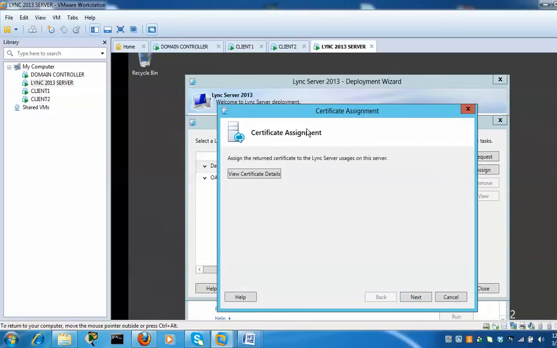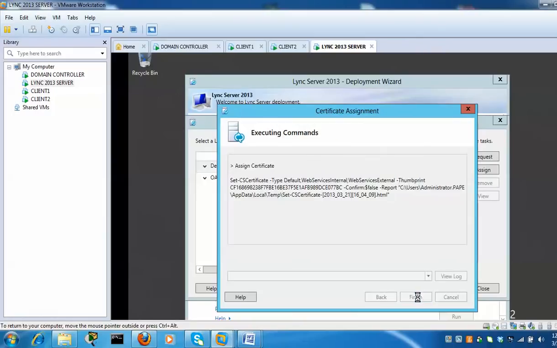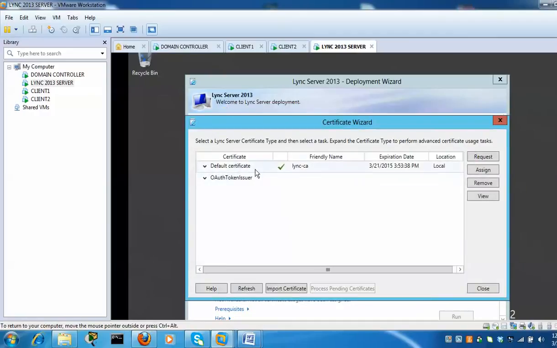Now another window is prompted up, certificate assignment. Click on next, click on next again, and you can see it's completed. Finish, and our certificate has been assigned. Nice. So we come here,